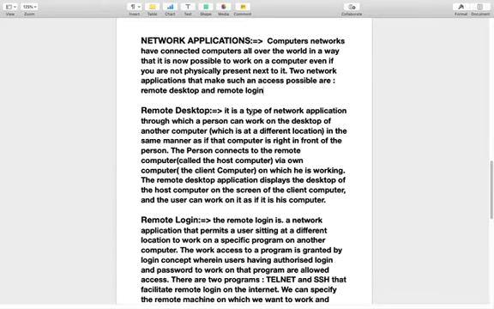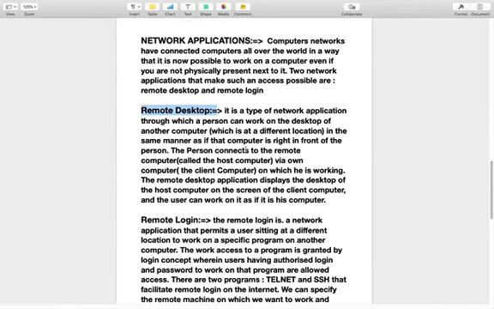It is a type of network application through which a person can work on the desktop of another computer which is at a different location, in the same manner as if that computer is right in front of the person. So if we are at a different location and we want to work on the desktop of another computer, this network application is very useful.